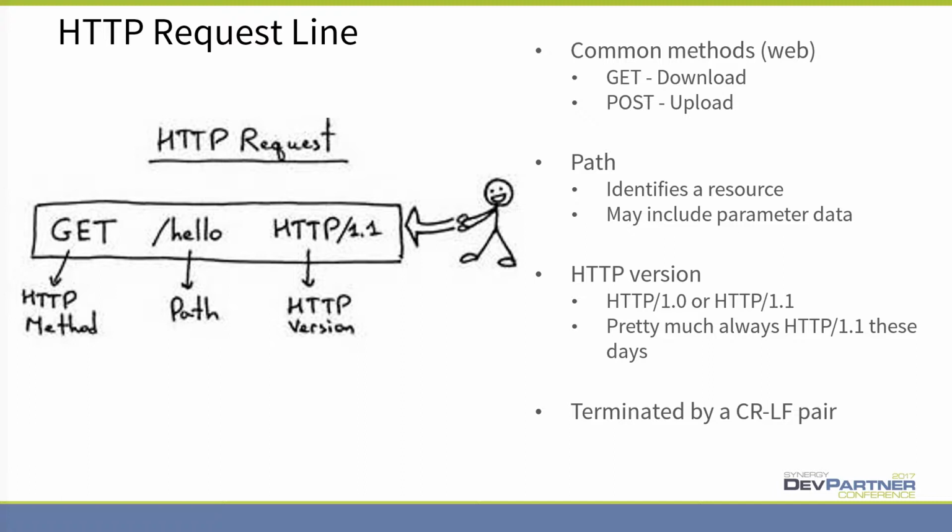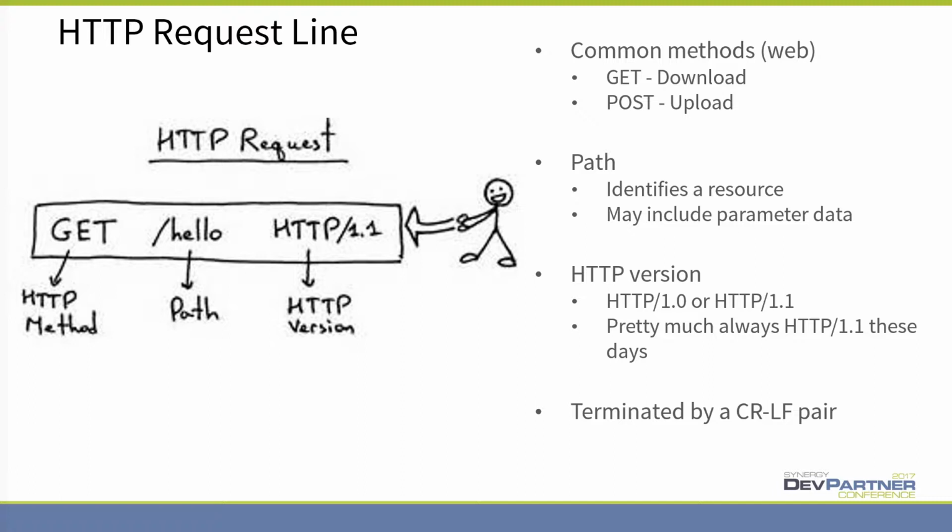request body. The second part of the request line is what's called the path, and that is usually a path on the server. It might be a slash, the root document, the root element, whatever service is at the base URL, or it might be slash hello, it might be slash default.htm, it might be slash orders slash company ID slash 57 for order 57. It's whatever the resource is that you're trying to receive. Again, in a web browser, that resource is the URL of a file on the website, an HTML file. The server simply reads it off the disk or out of the cache and sends the content back to the